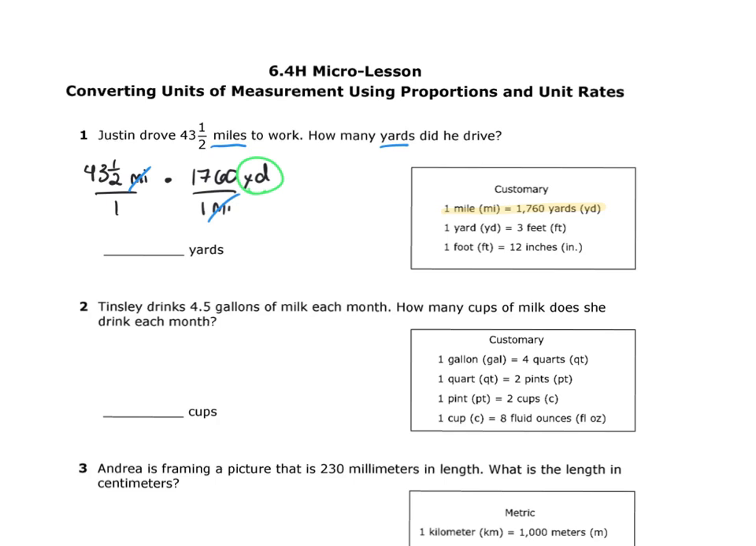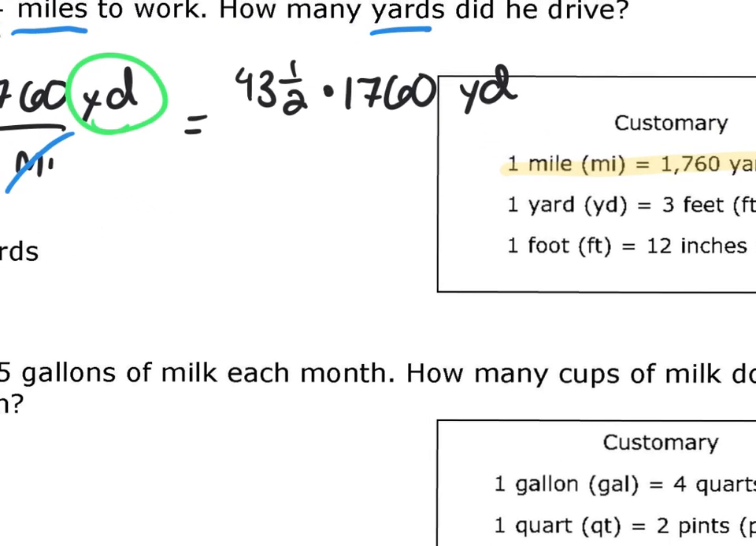All right, so what I have left now, let's take a look at the numbers. I have 43.5 in my numerator times 1,760 in my numerator. So I'm going to need to multiply those together. And then in my denominator, I just have 1 times 1. That's going to be 1, right? I don't really even need to write that. And what unit of measurement will I have here? I will have yards, which is what I wanted. So now I'm going to need to take some time to multiply these numbers together. Let me get a little more space. I am going to multiply 1,760 times